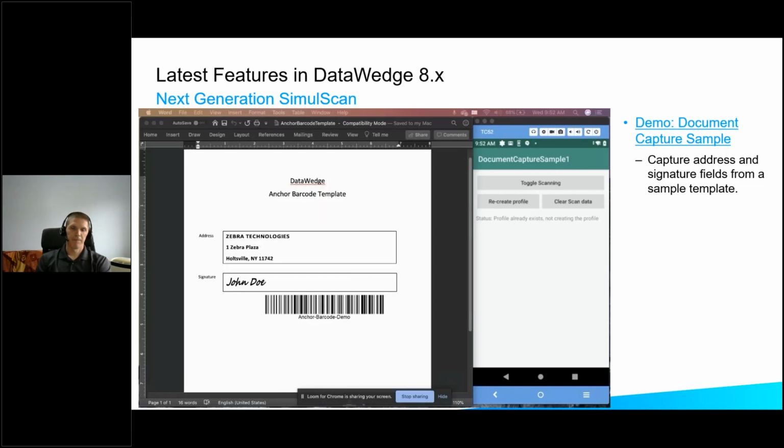Here I'm going to play a quick video demonstrating the use of document capture in action. So I have a device running a sample app on the right that's going to scan the template on the left of the screen. So if you don't mind going ahead and playing the video, Darren,